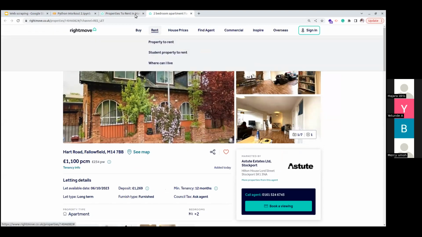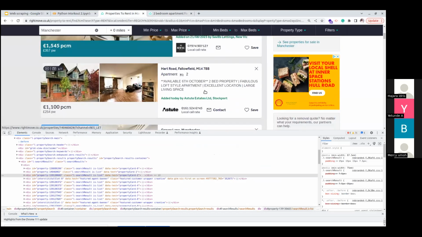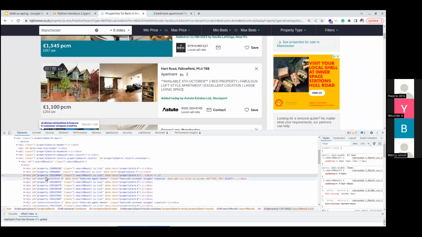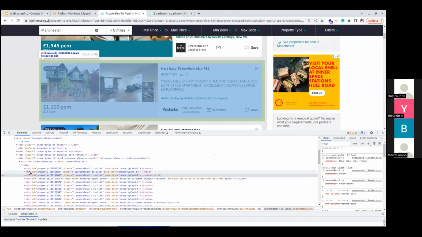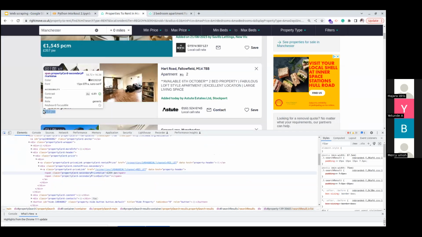So let's say that we want to scrape for each of them, but we also need the link for each of them as well. I want you to look at the property ID here, I mean the div ID here, and tell me if you see it. Let me try and highlight it.